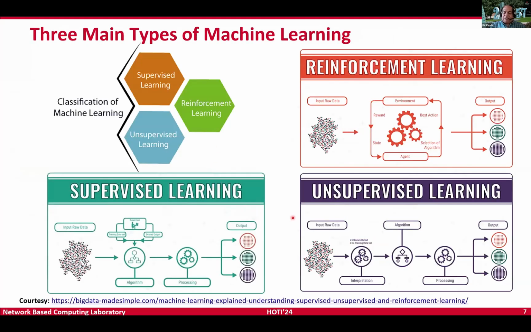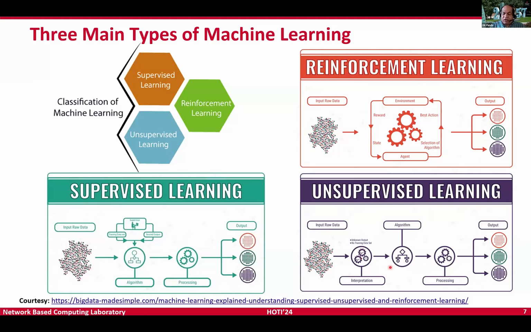Now, if you take a look at the very start with machine learning, many of you must be knowing these terminologies. These are the standard three kinds of machine learning. Supervised learning is where the machine learning field started. We have some set of data, then we come up with our algorithm, but also a human is involved in coming up with that algorithm based on the data, doing the processing, and once the model is there, then of course with a new input, you can see what class it belongs to.